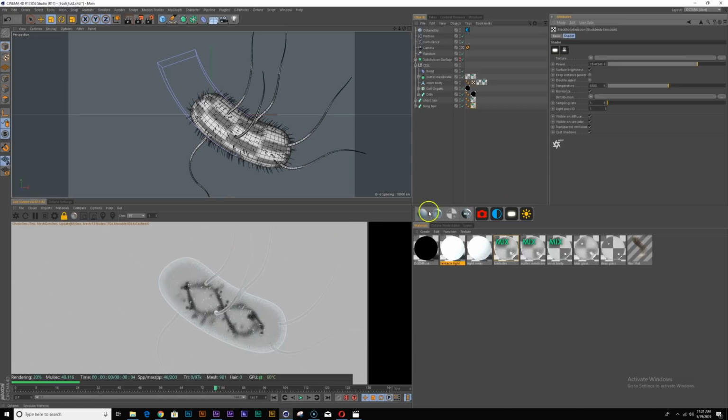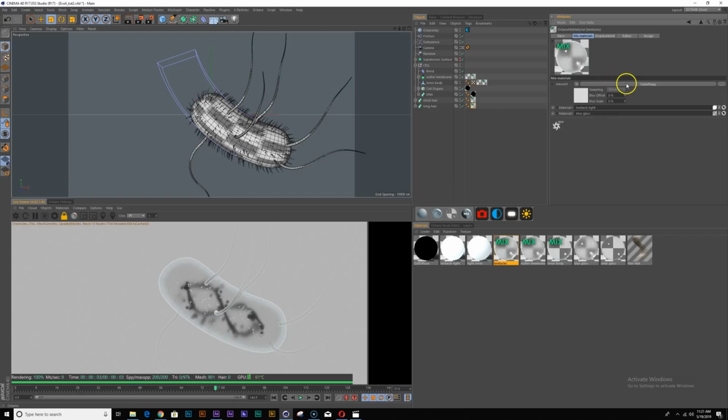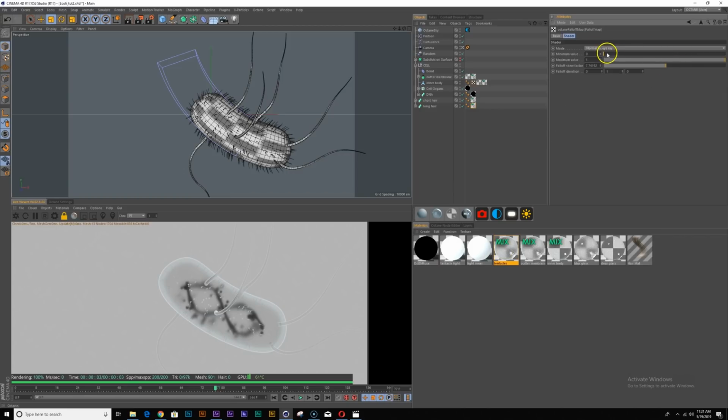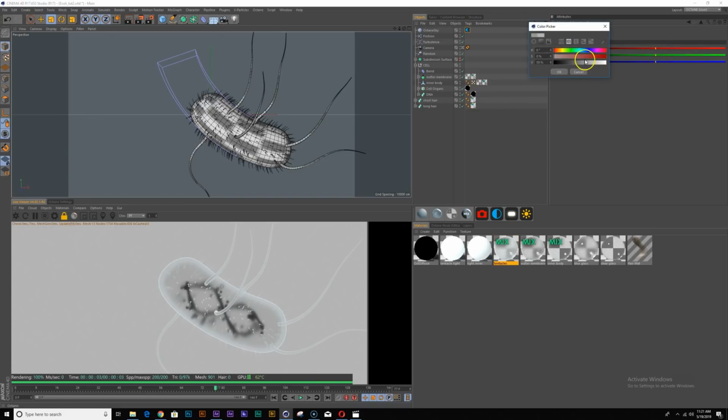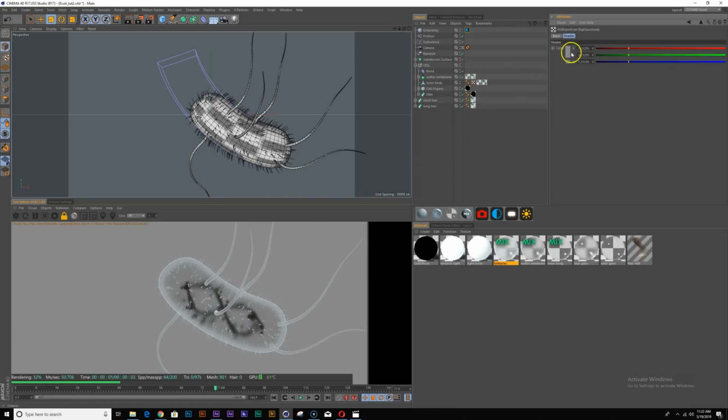So now it's a little more prominent. And also we can play with the falloff here. And I think I'm going to change my environment to something a little darker so we can see that a little better. Yep.